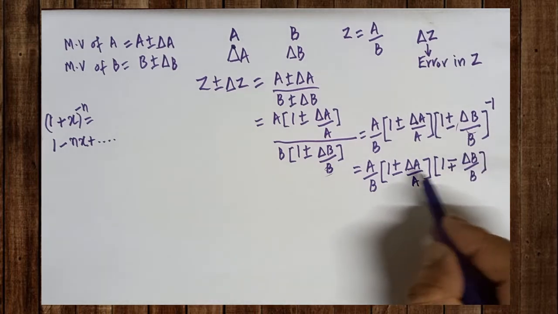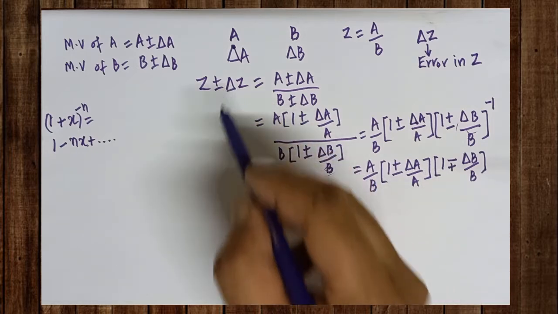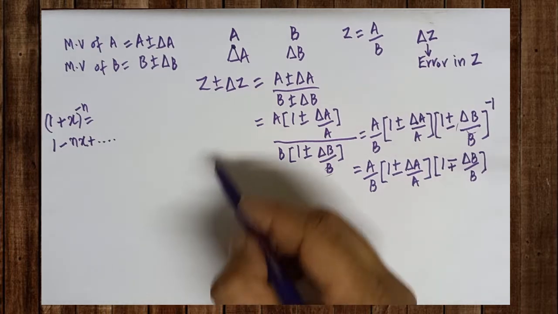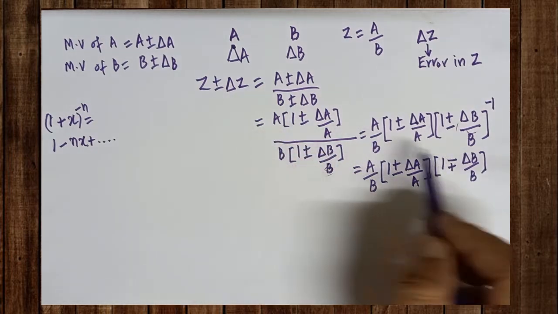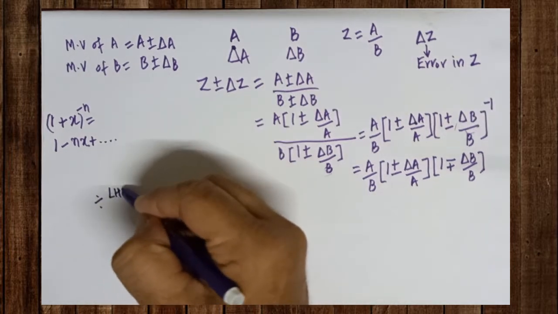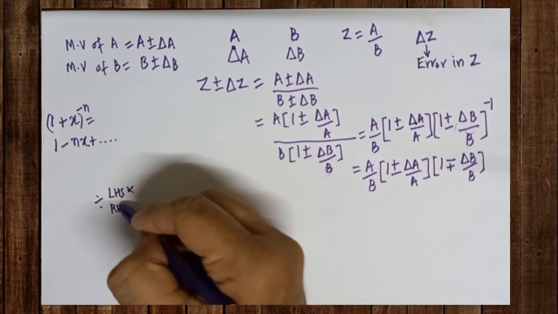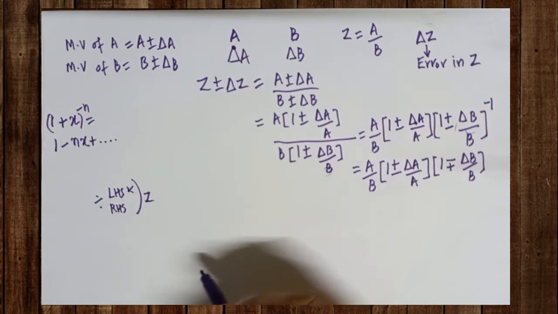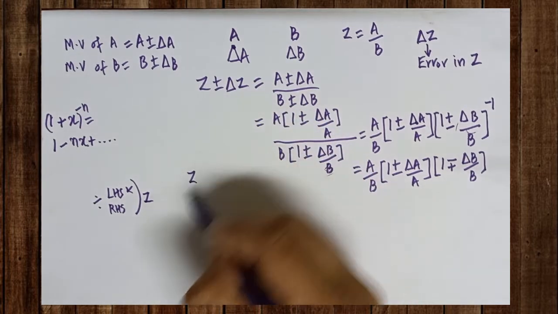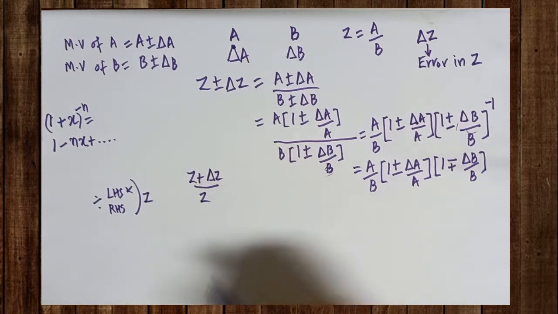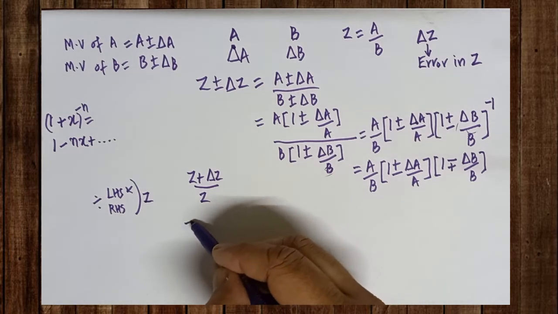Are you clear? So the entire thing is nothing but this one. Now in the next step, what we have to do is divide this LHS and RHS both by Z. Divide LHS and RHS by which factor? By the factor Z. Already Z plus or minus del Z is there, and that is to be divided by Z. Understood? So after division, I will write it here.